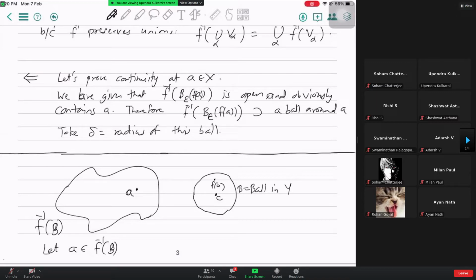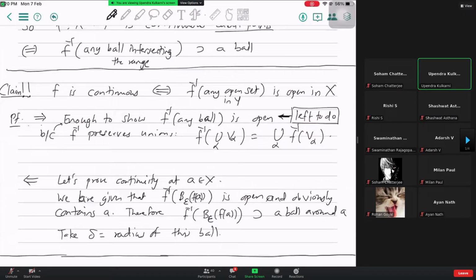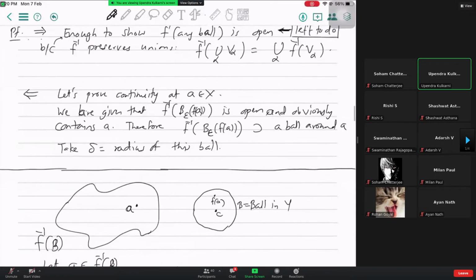Yes, sir. So you see what I wrote over here, it is true enough, whatever I said. It is certainly enough to show that F inverse of any ball is open. But it's a needless reduction that I'm doing, and I'm making my life conceptually only more complicated. Because then I'm telling myself that somehow I should use the ball. There is no need to use a ball over there. So conceptually, it is simpler to think of an open set over here, right? So I can simply say, let me